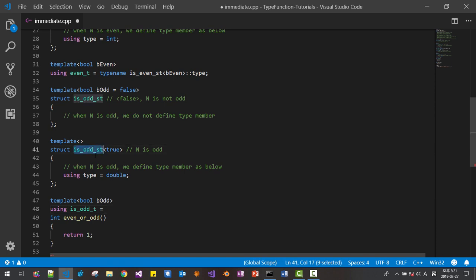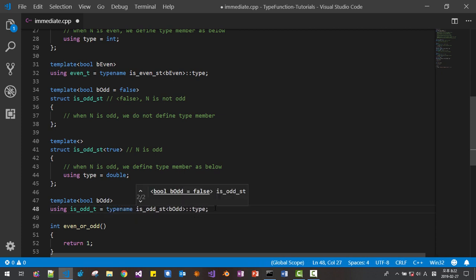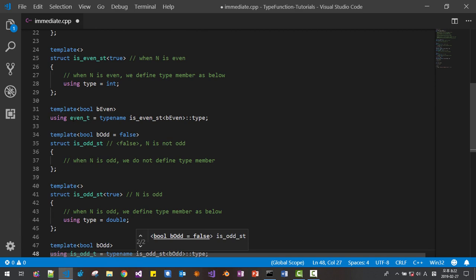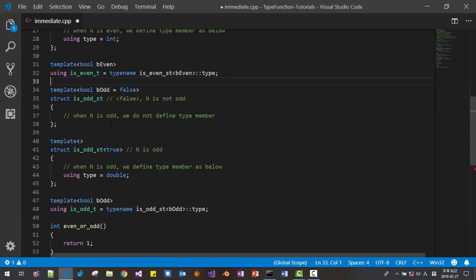We copy this function, is_odd_st type. We need typename here. I will change it to is_even_t like this.